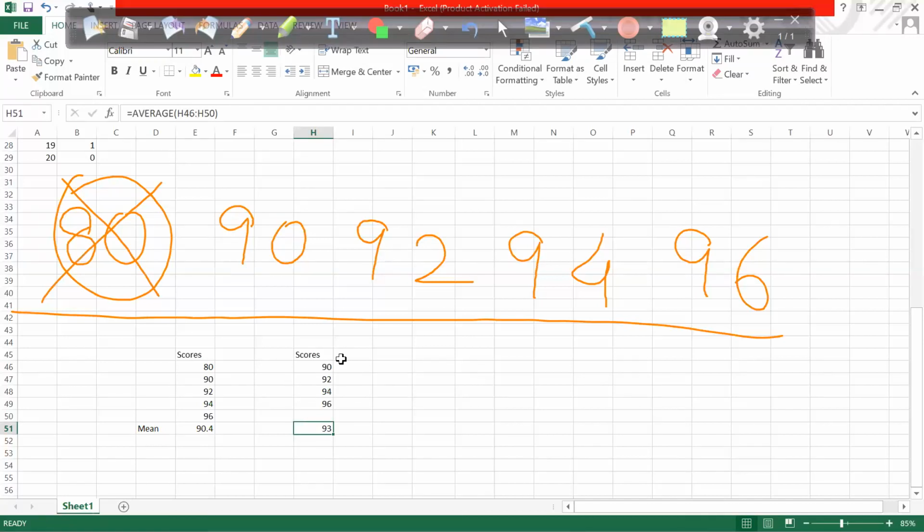Suppose the majority of the values are on the lower side and we are removing a higher value, let's say all scored 60, 60, 60 something, and Monali scored 80, and I'm removing Monali's score, so obviously my mean will reduce to the lower side. So when the outlier is on the higher side and we remove the outlier and take the average, obviously my overall average will reduce. But when the outlier is on the lower side and we remove that outlier and take the mean, then it will be on the higher side.